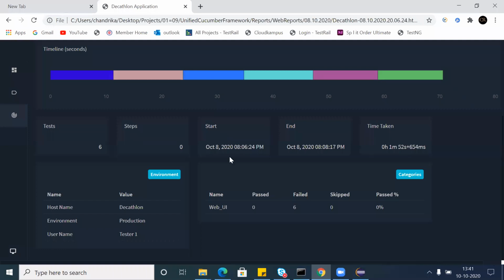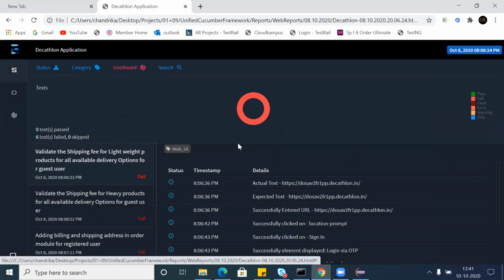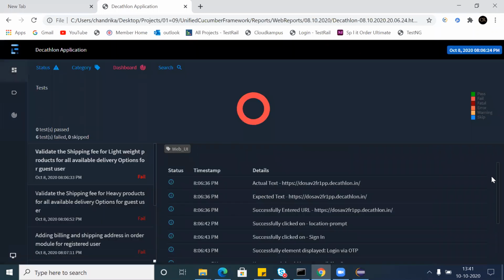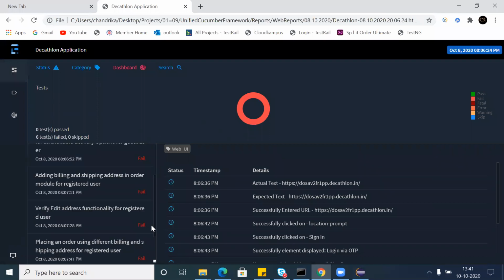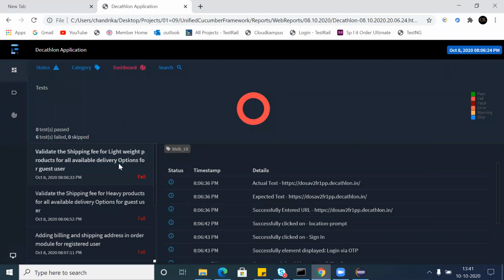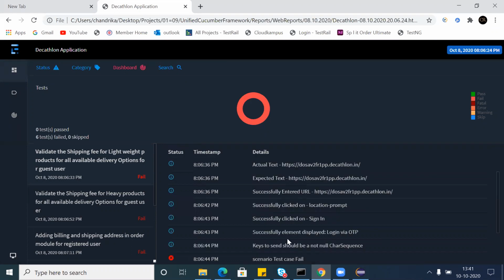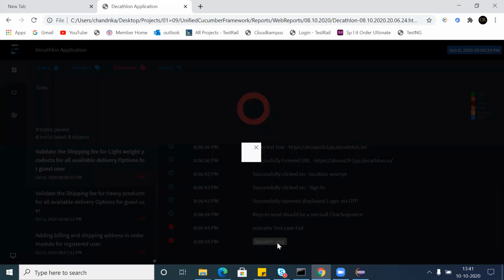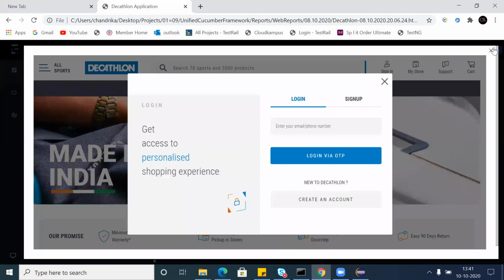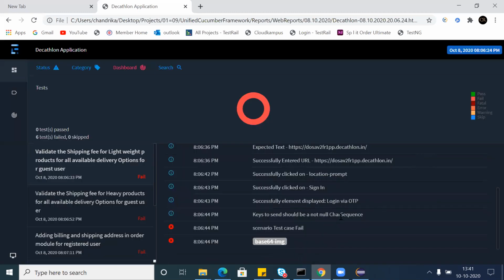Click on the square boxes on the left. As soon as we click on this, we can see the number of tests. All of them are failed. On the left side there are the 6 test cases. If you want to see the logs of each test case, click on that particular test case and all the logs will be displayed here. It gives you every step log. If a particular step has failed, it captures the screenshot and gives the reason why it failed. See, from here it has failed, and because of so and so reason. Actually, this is a sample report. We will have hundreds and hundreds of test cases with the complete information. This is one category of report.